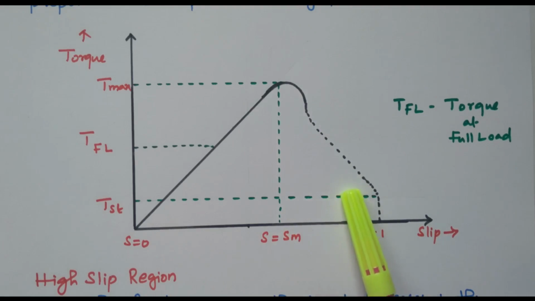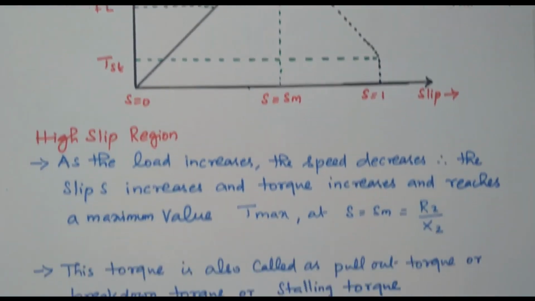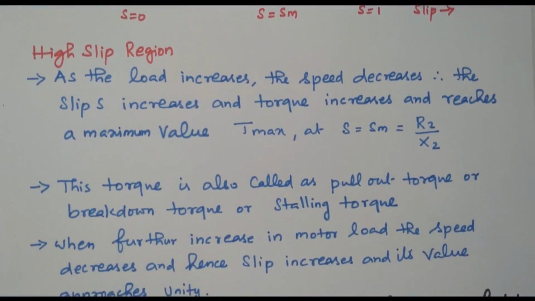We will see the details of the high slip region. So this is the entire torque slip characteristic, low slip region and high slip region. We will see the analysis of this high slip region. So, during high slip region,